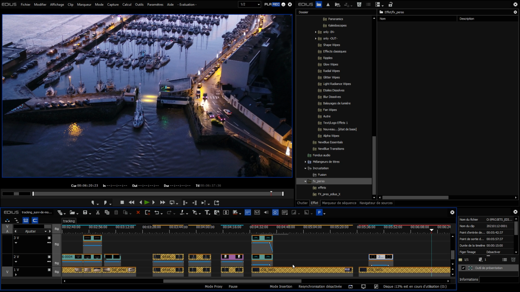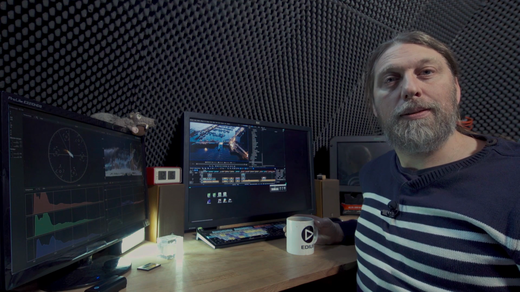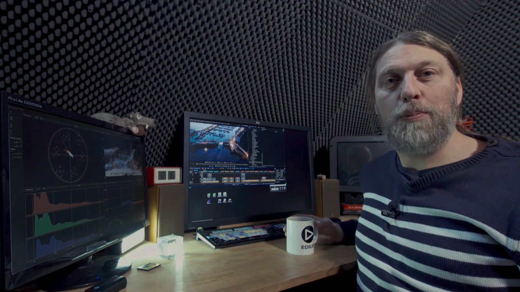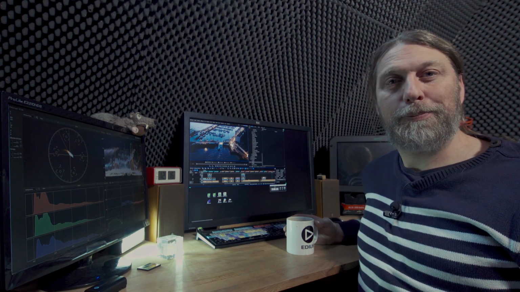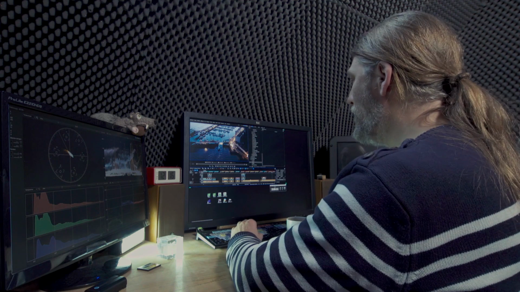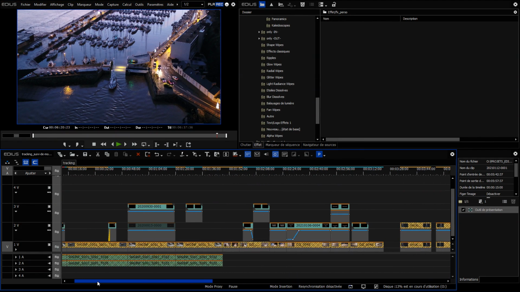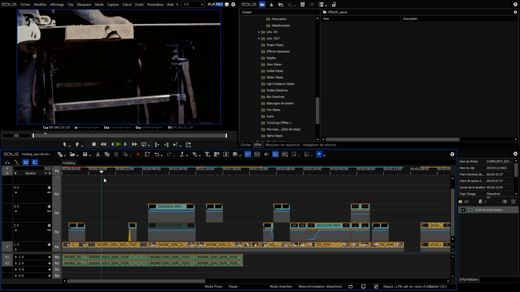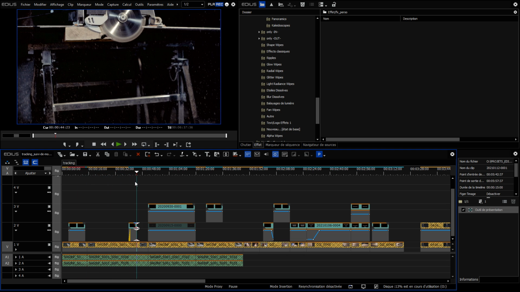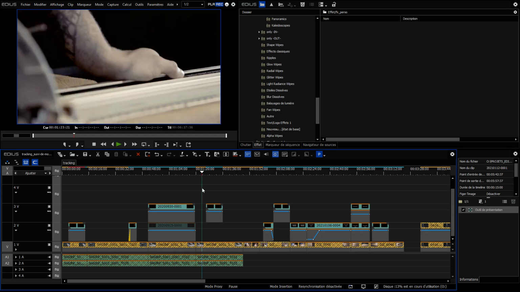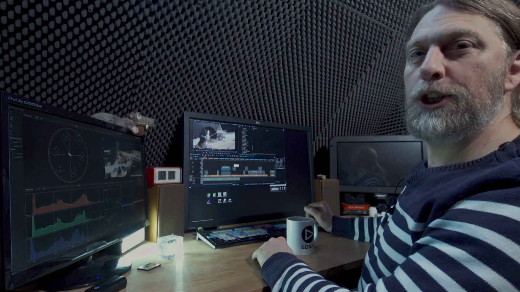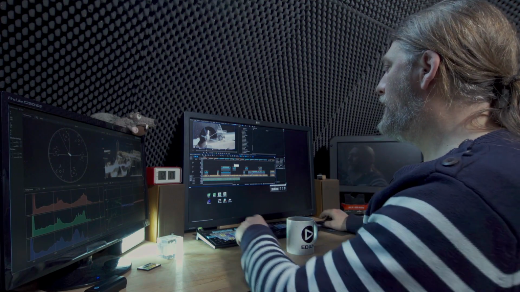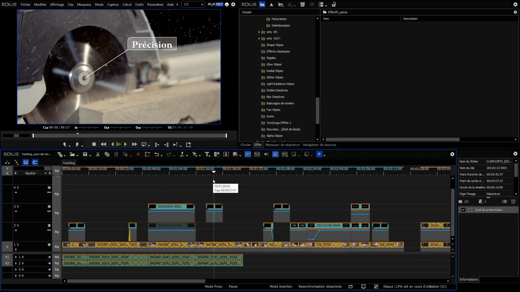So these are the examples that I have put together for you. Now we will see some of them in detail to see how it goes with the tracking. We're going to start with a very simple tracking. So we're going to leave this one to one side because the technique is the same on these clips. We're going to take this clip and you will see how I created the motion tracking with it.